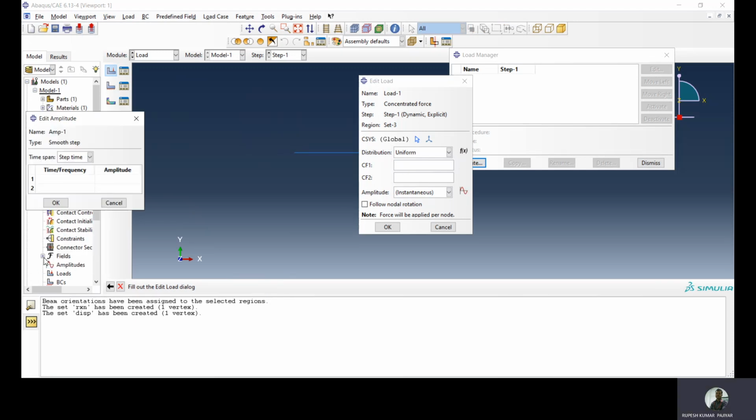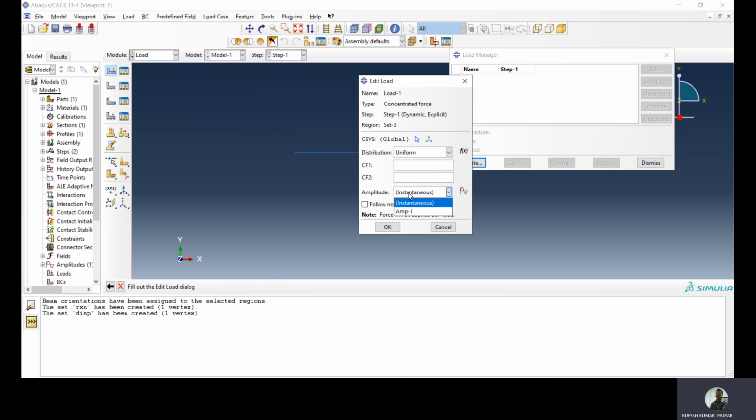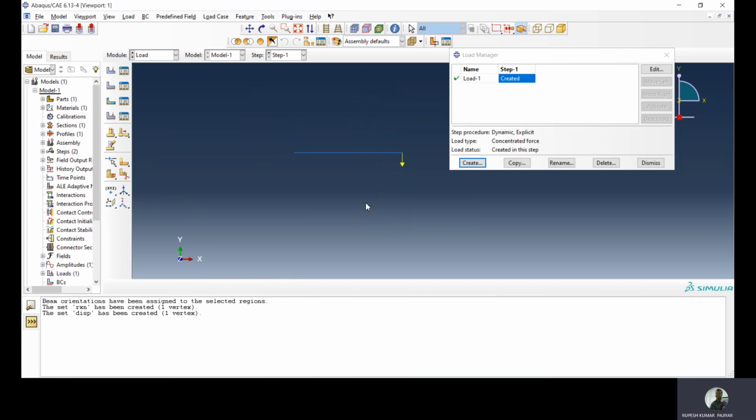It's the smooth step. Okay, at 0, 0, 1, 1. Amplitude 1 in the vertical y direction, which is -10 magnitude. We can see it's acting in the downward direction.